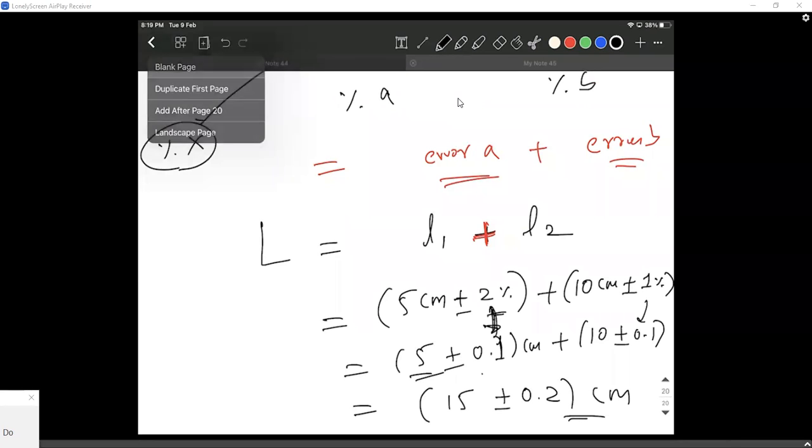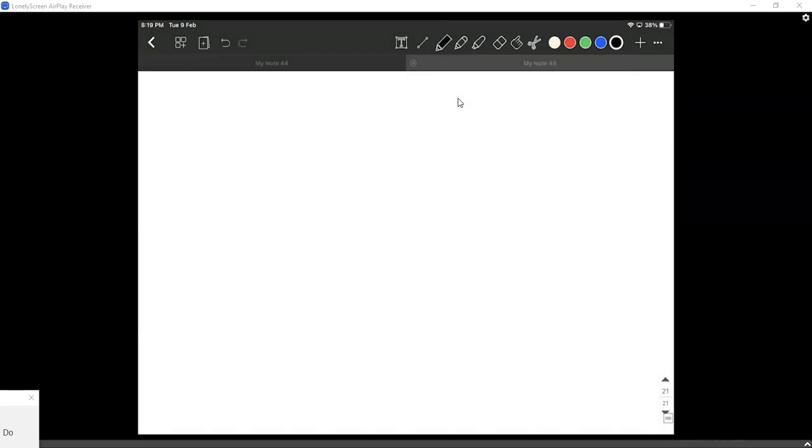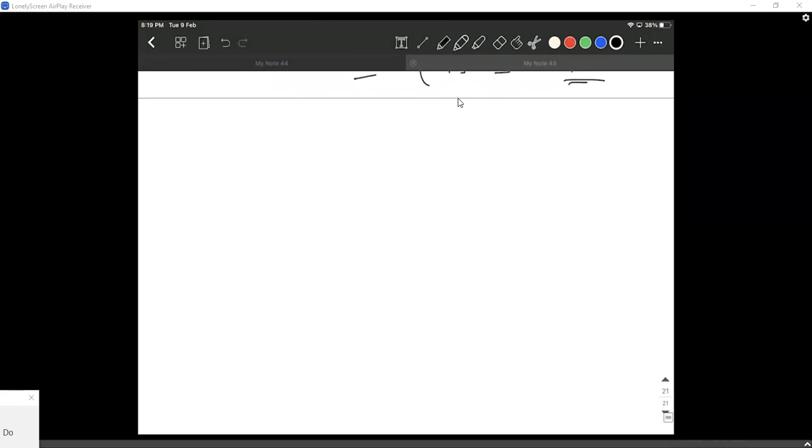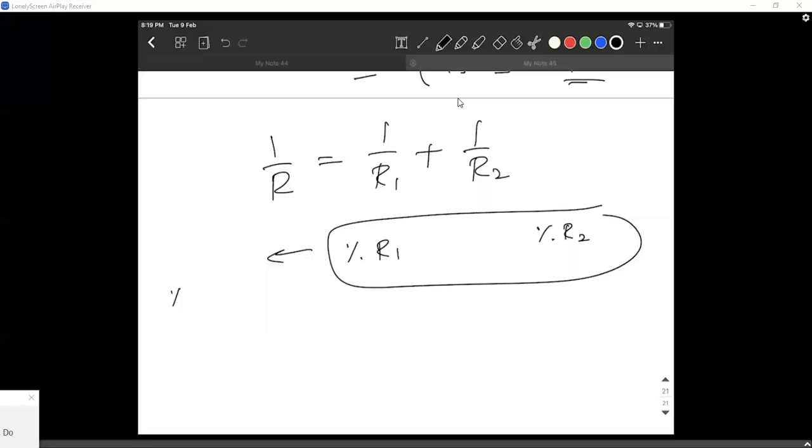Now for tomorrow, I'm going to give you a tricky question. What if the function is a little more complicated, like effective resistance in parallel? I hope you all have done this in school. Let us say 1 by R equals to 1 by R1 plus 1 by R2. We have done these kind of questions in the past. Let us say I gave you percentage R1 and then percentage R2. How do you find the percentage R? This is a tricky question. Let us see if you people can do it. That is like a homework question for you.